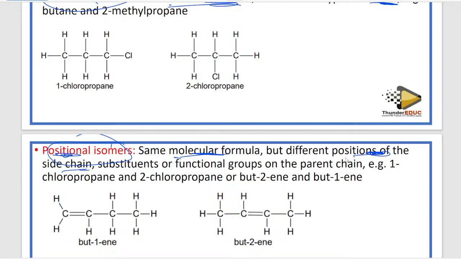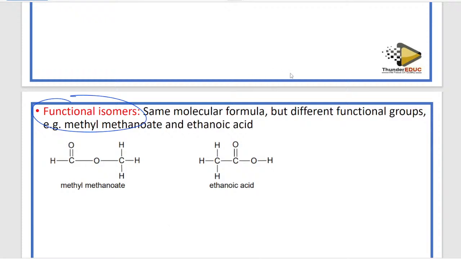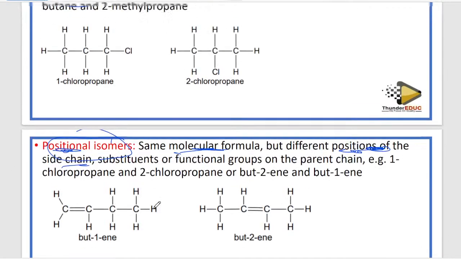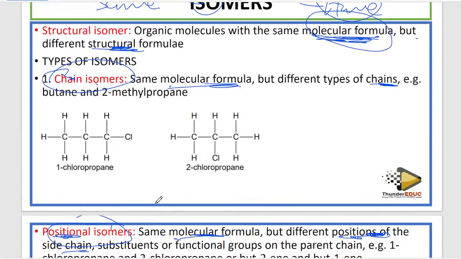Different positions. Same molecular formula but functional isomer, different functional groups. So you need to know that. We will explain this much better. This is just an introduction for the class. Is it clear? So here you see that